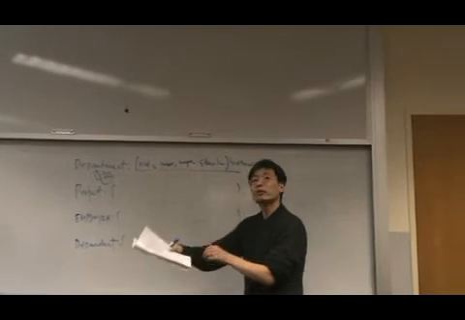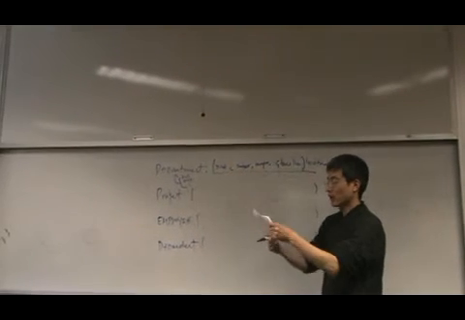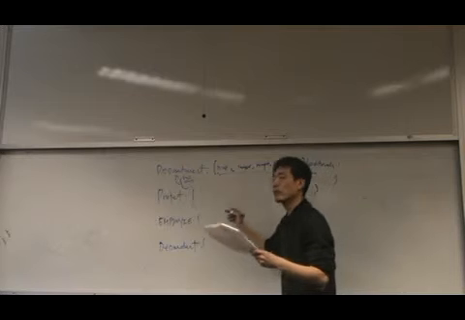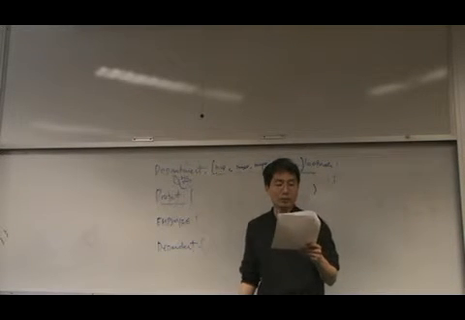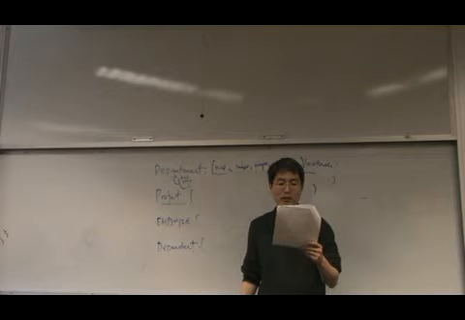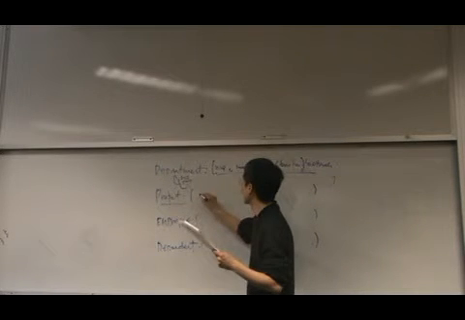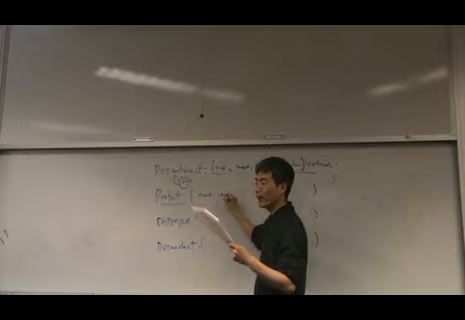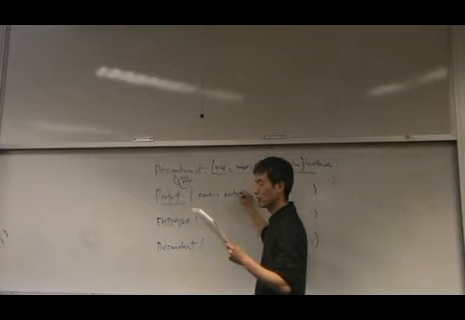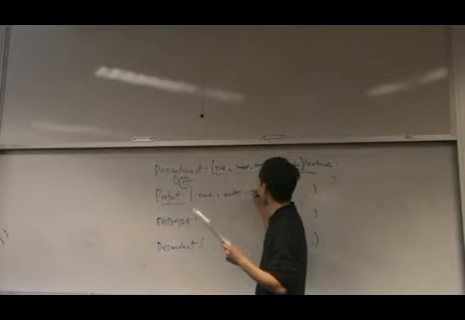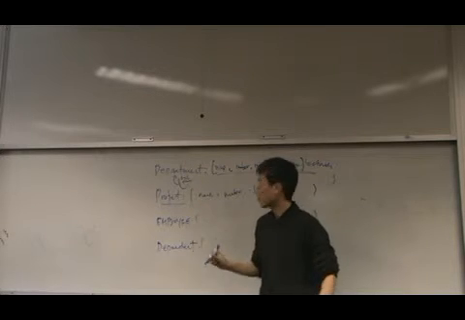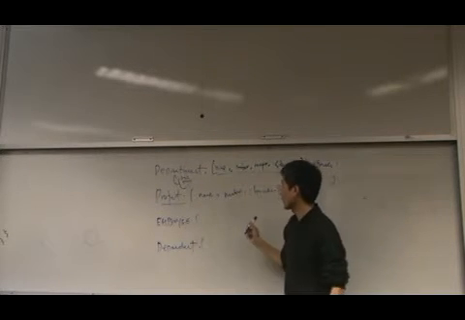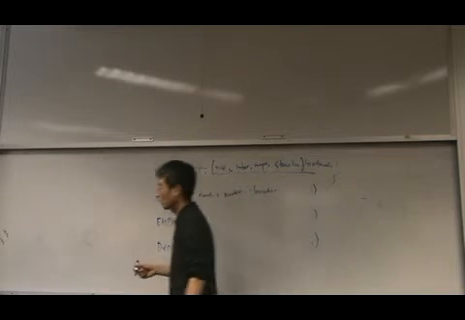So what can be the attribute? Why don't we fill out the missing part together? What will be the attribute of the project? It has a unique name, just a unique name and unique number, and a location. Okay? So before we fill out the information about the employee and department,